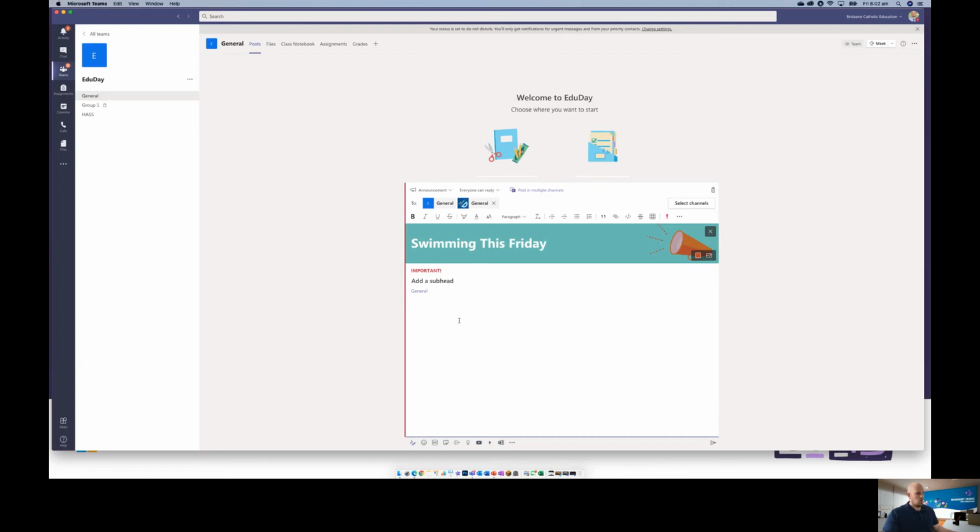So from here, because we are in this formatting, I can hit enter without posting and go to the next line. And I can write in my message, don't forget it's swimming day on Friday.